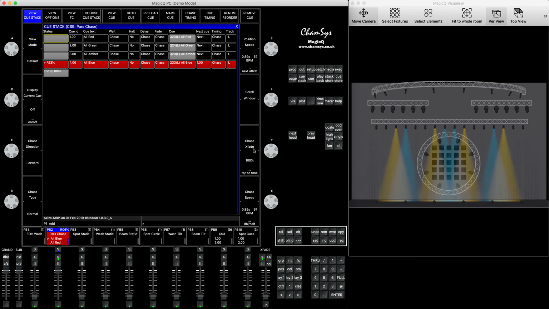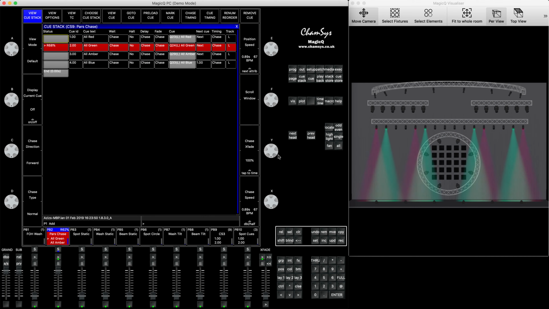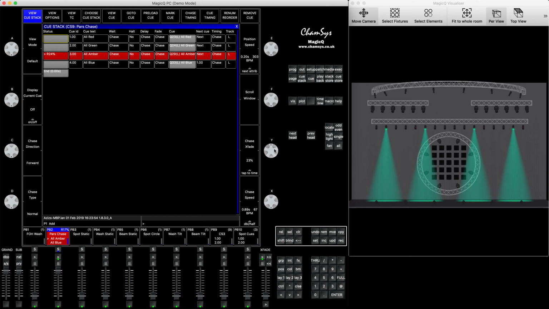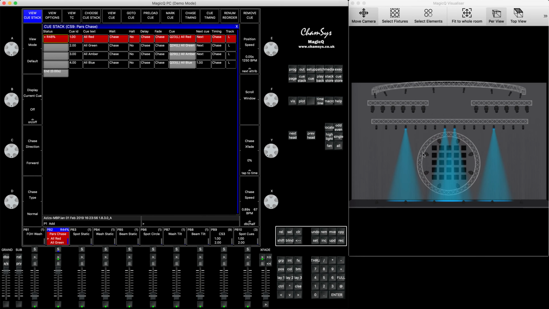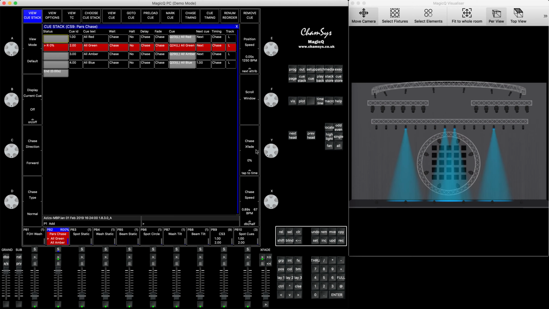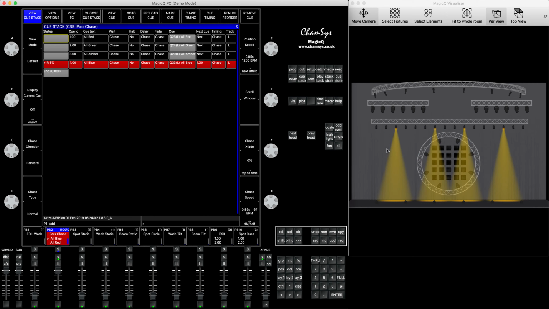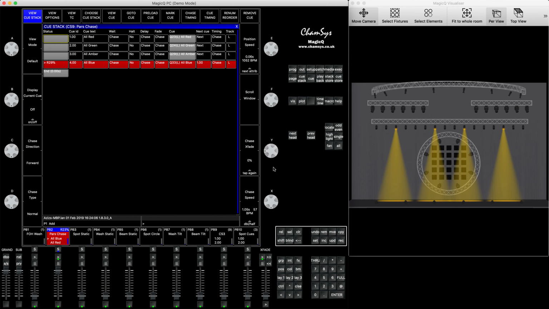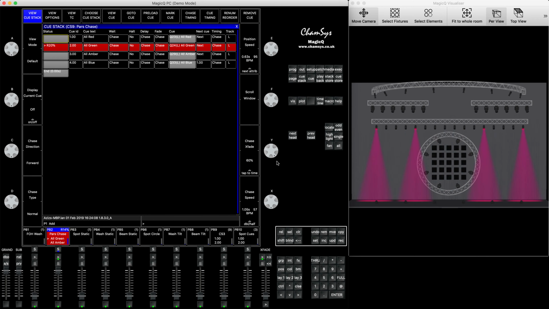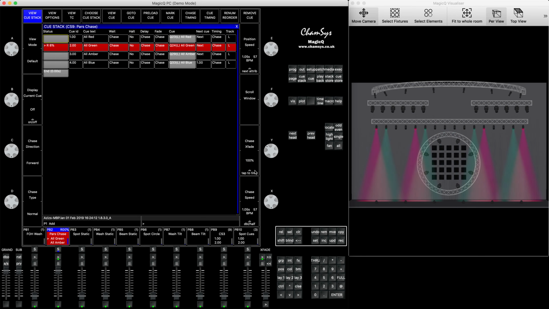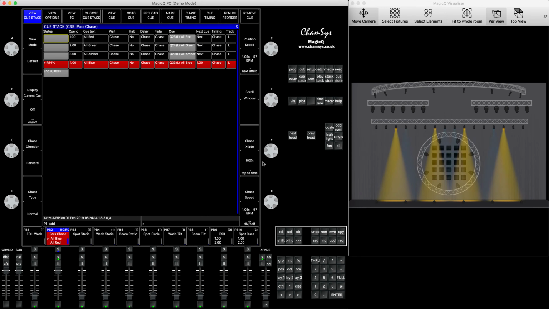The other option you also have is the chase crossfade, with encoder Y. If you set it to 0, it shows you how smooth the transition between the steps is going to be. You can see with 0 it snaps. If you put it back to 100, then you're going to see it goes smoothly. This is with encoder Y.